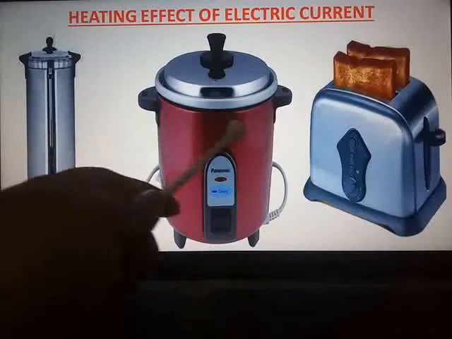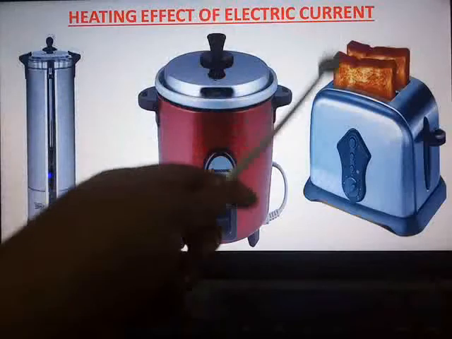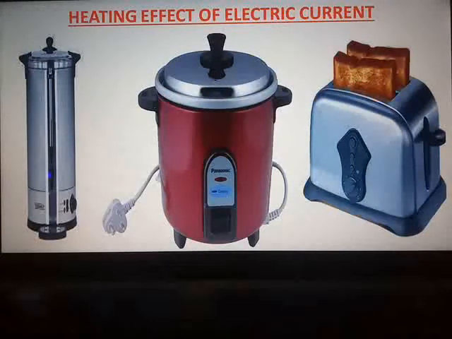These are the different appliances which you can see. This is an electric cooker or a toaster which makes use of this concept. Equipment such as a water boiler, electric cooker, or electric bulb make use of this heating effect of electric current. In an electric circuit, the unavoidable heating can increase the temperature of the components, and can also alter their properties. However, the heating effect of electric current has many useful applications, and these are the different applications of the heating effect of electric current.